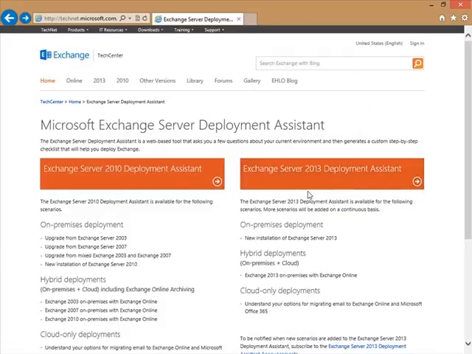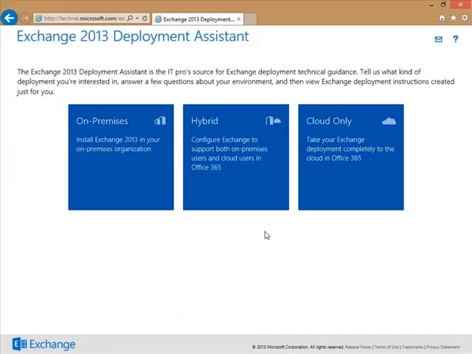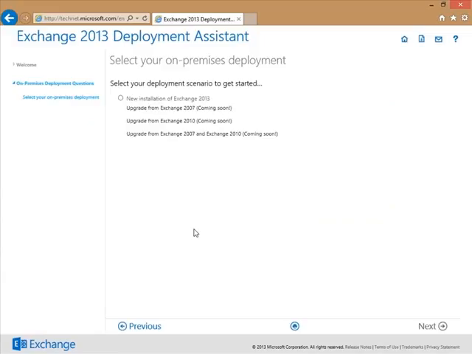Alright, so Exchange Server 2013 Deployment Assistant. And as you can see, it's got a little bit of a different graphic look. It has that Metro look to it. So we have on-premises, and currently you can only find installation instructions for a greenfield deployment, a new installation of Exchange 2013. But over time, these others will be available as we're able to do the 2007 and 2010 transitions. Alright, so if we select that and we click Next,